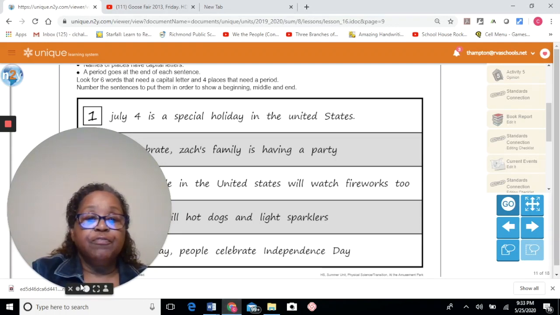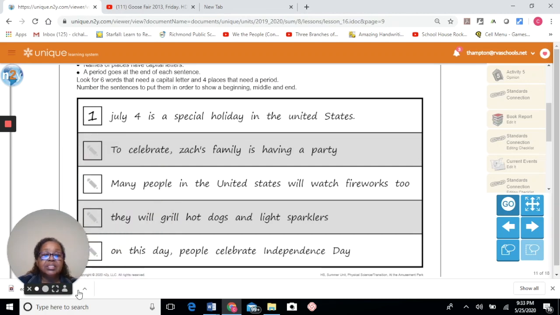So today, the first thing that we're going to do is put sentences in sequential order. This is a set of sentences that are out of order, and when we put them back in order, they will make sense. The paragraph will make sense. But first of all, we have to edit it. Now, we know that edit means that we're going to change the way the sentences are written. We're going to change whatever mistakes there are in the sentences. For instance, we have to make sure that we have correct punctuation, we have correct capitalization, and we have correct